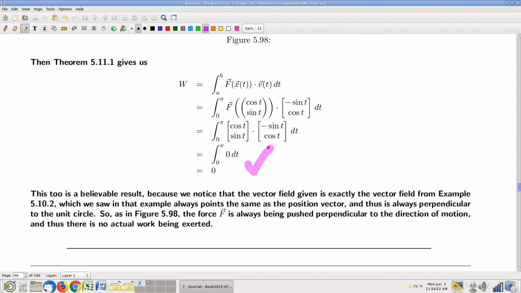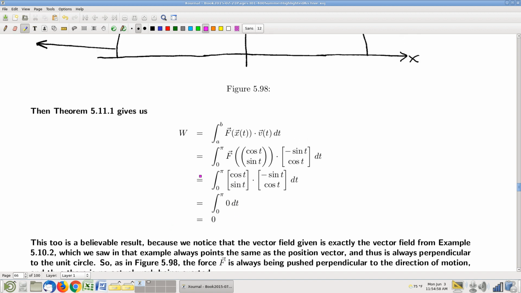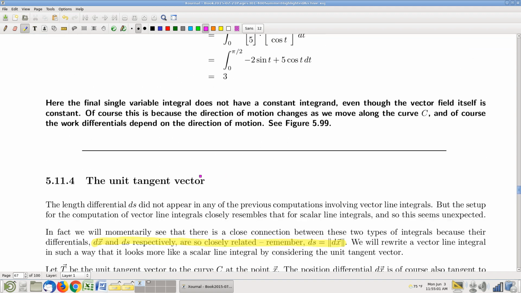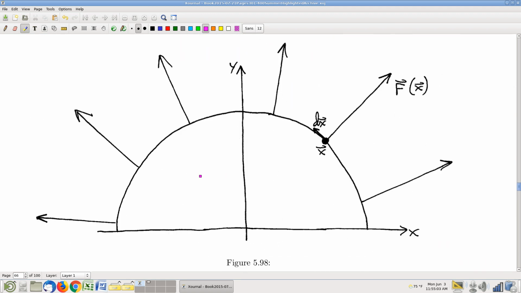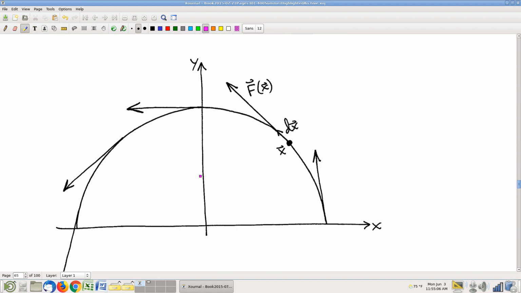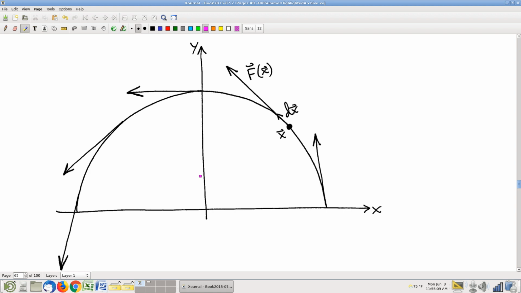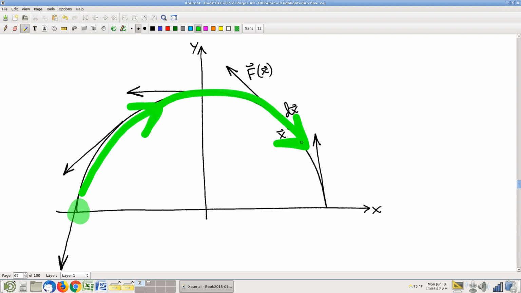Okay, so great question she asks. What if we were going the other way? Okay, so yeah, let me parameterize this curve the other way. I think I have a little bit more room to work with here. So let's suppose we wanted to start there and move like that. Okay, so I'm going to give you two different ways to think about this. Take your preference. One way to think about this is that this curve, where we start there and move like that,